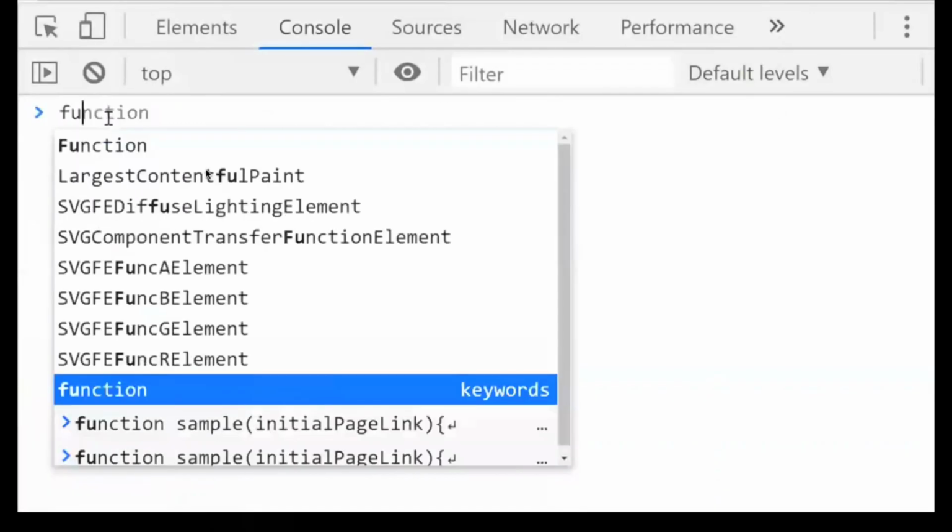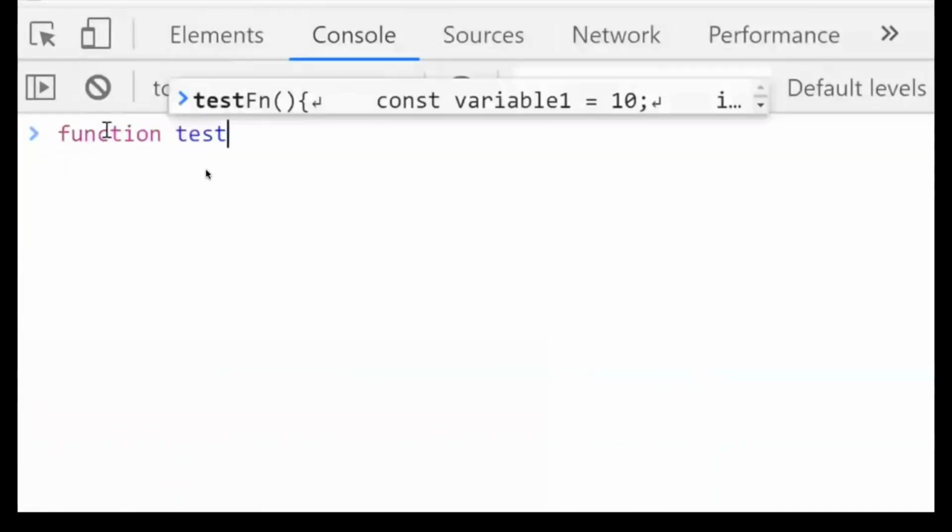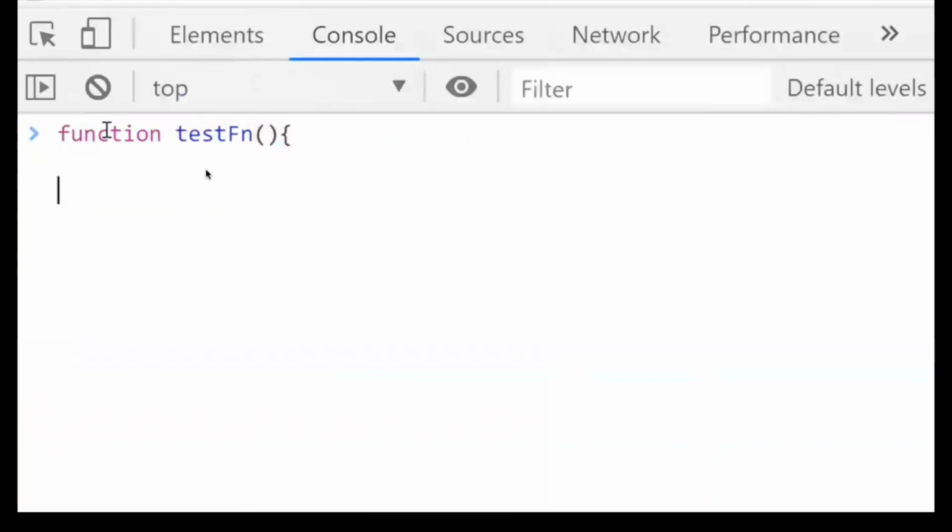Next example we'll see is function test. What we will have here is we declare a variable 1, now declaring it using const. As you all know, const has a block scope, const can't be reassigned, const can't be redefined.